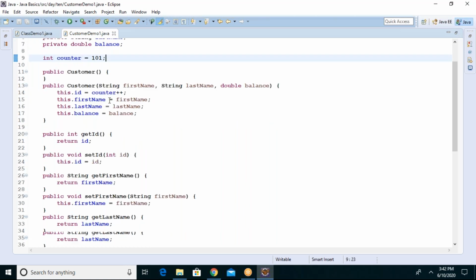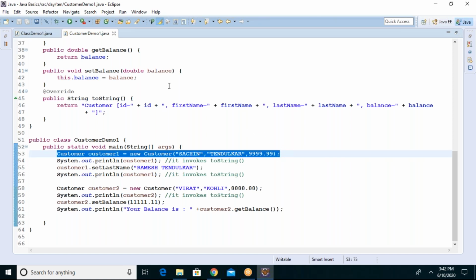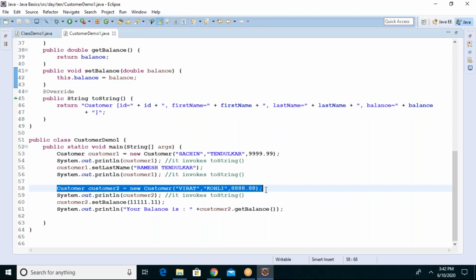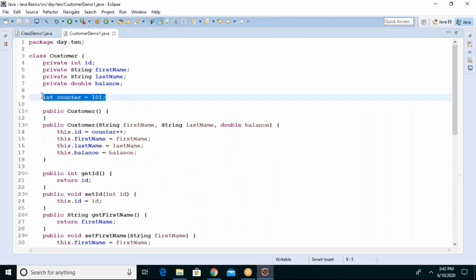Whenever you create the second object, one more variable is created for counter with a new value. So this variable should not be affected by any object. It should be separate from the object, a single copy, not multiple. Right now it is multiple copies.